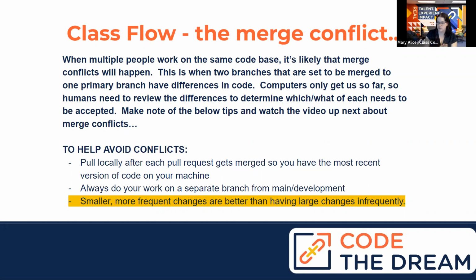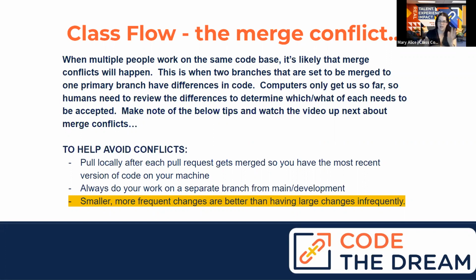Okay. Always do your work on a separate branch from main or development. So make sure that you're on a feature branch of some variety to be able to do that. And then smaller, more frequent changes are better than having large changes. So if you write 150 lines of code to build your login page and all of its features, like checking for authentication and showing profile pictures and letting users update content through a form and anything like that, and you have all of that in one great big chunk and you try and push it,